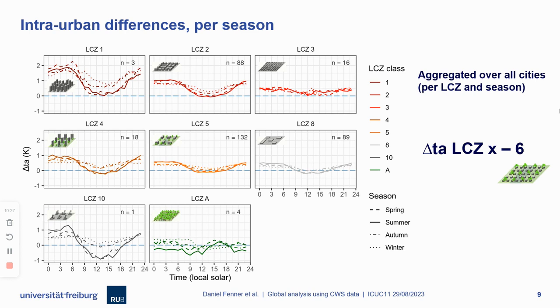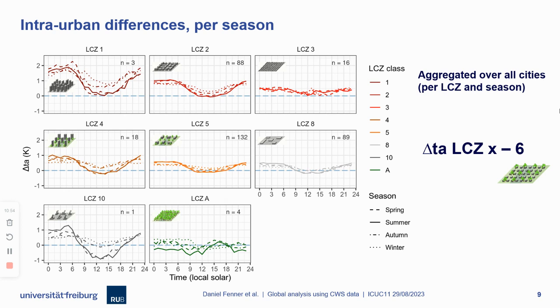So this is really nice. Secondly, you can again see the seasonality, which also comes out really nicely. And then you can now start looking at the differences between the LCZ classes, which was actually the main aim of this analysis. And you can see that it's much more pronounced for the higher and denser classes. So we have the strongest signal here for LCZ1, which is high and dense.